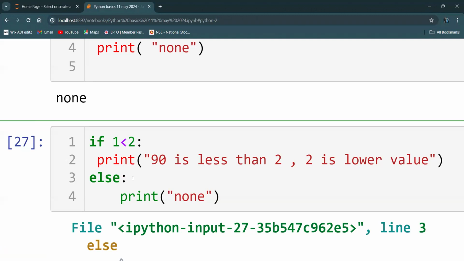Do we have to check the indentation only for conditional statements? No, when you're working with loops, when you're working with these conditions, you should follow the indentation. In other scenarios, we don't need it. But if there is any scenario where it depends on the previous condition or previous logic, then you need to maintain this. Whenever you work with looping conditions or if else conditions, that is mandatory.